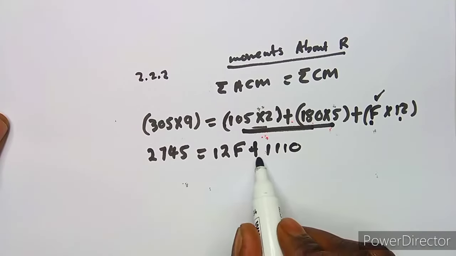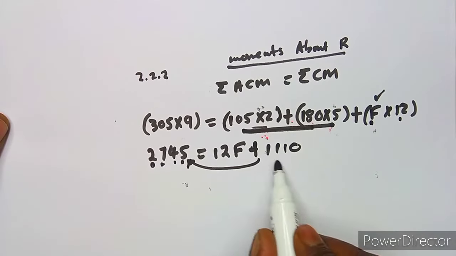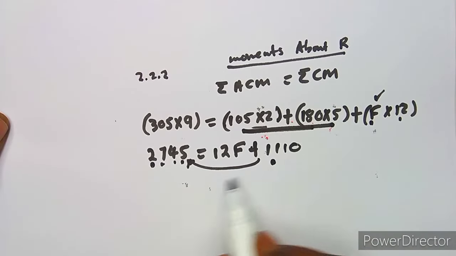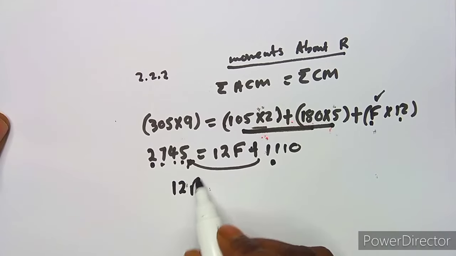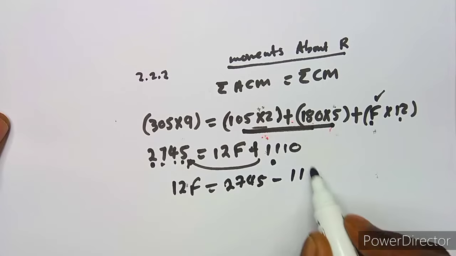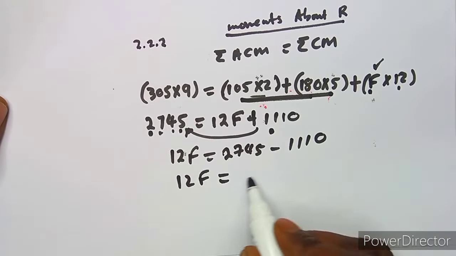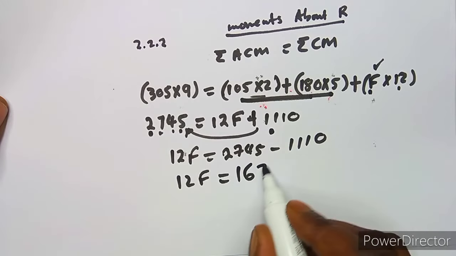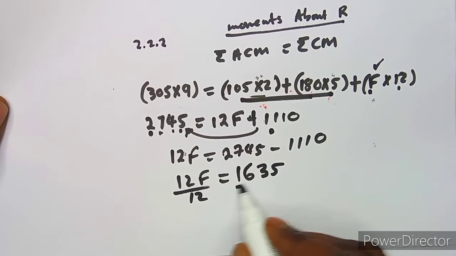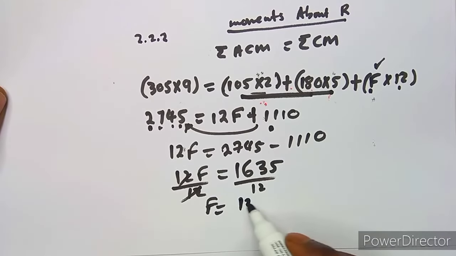That's what you're going to have. Then you transpose, definitely here is going to subtract. So it's 2,745 minus 1,110, which is going to give us 12F. So 12F is equivalent to 1,635. All right, so you can divide by 12 to find the value of F, which is going to be